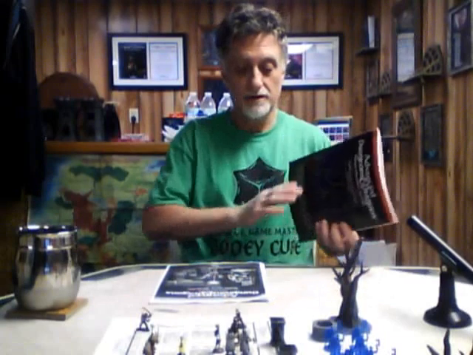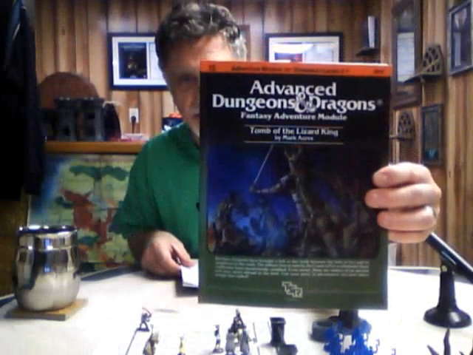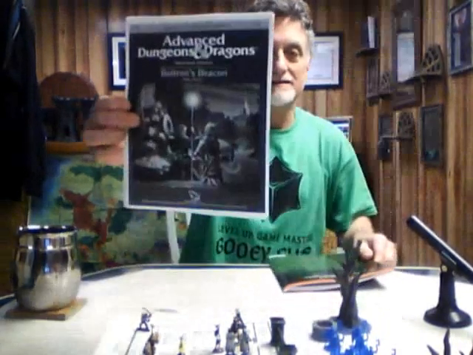In any case, what I did, post the U1, 2, and 3 series, is take 2 of the I series modules, I2, Tomb of the Lizard King, and I7, Baltron's Beacon. Today we're going to be mainly focusing on Tomb of the Lizard King. I've got a home printed copy of Baltron's Beacon on its way to my house as we speak. So when it arrives, I'll be making another video